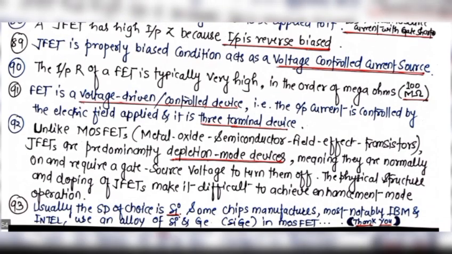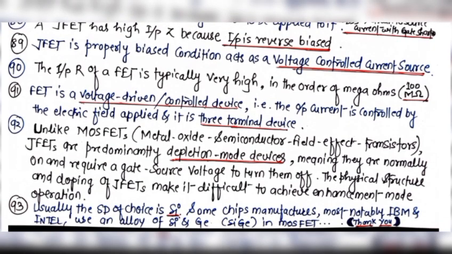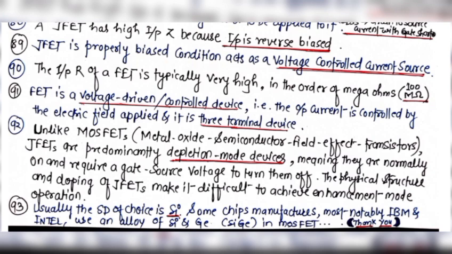The input resistance of a FET is typically very high, on the order of megaohms, that is up to 100 megaohms. FET is a voltage-controlled device, that is, the output current is controlled by the electric field applied, and it is a three-terminal device. Unlike MOSFET, metal oxide semiconductor field effect transistors,